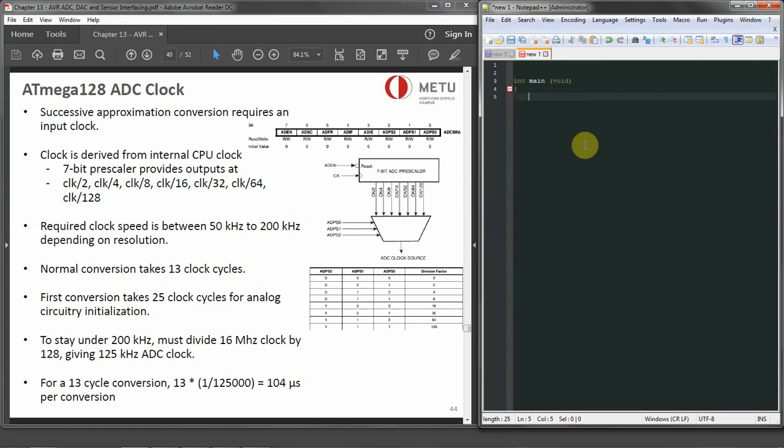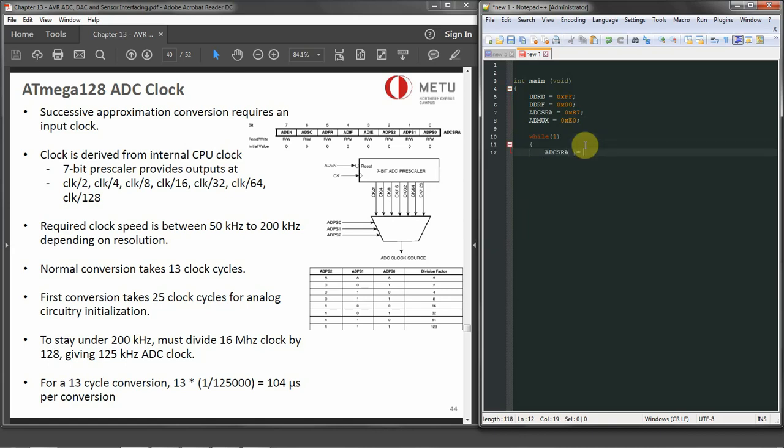So let's start with DDRD equals 0xFF. Then DDRF equals 0x00. Then ADCSRA is going to be 0x87 for the values that we already calculated. ADMUX is going to be 0xE0, and that's done. So we have to start the conversion. While (1)